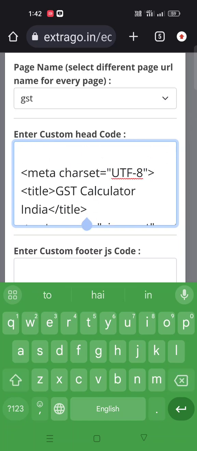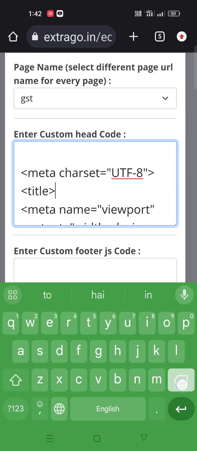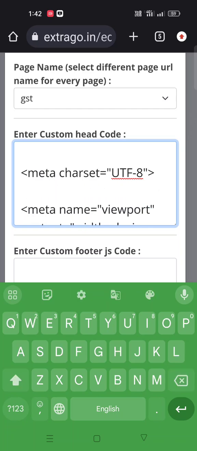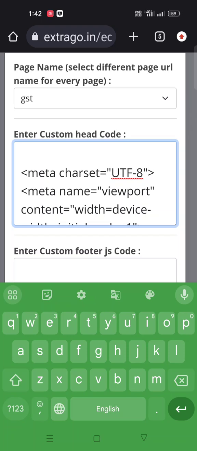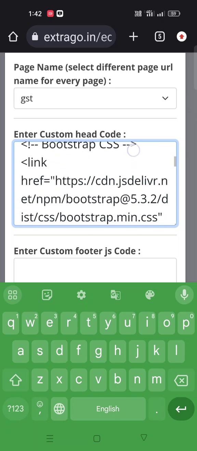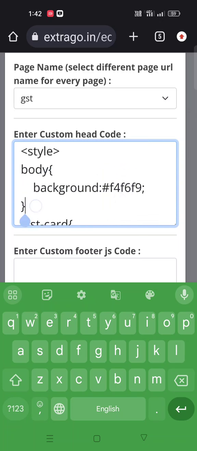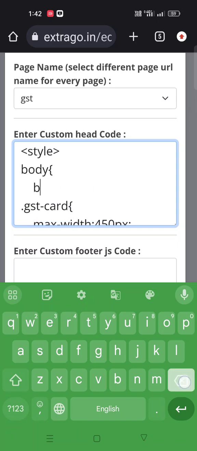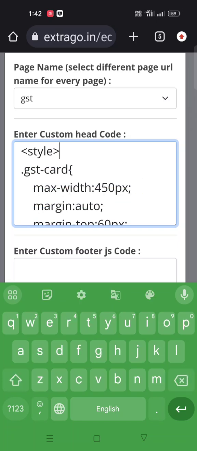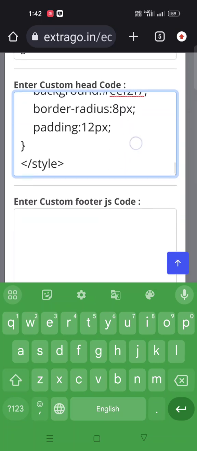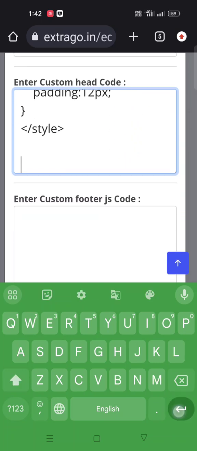Remove the title tag, since the title is already written above and you don't need to write it again. Every other thing should be the same. We need to remove the body background color. We do not need this style.